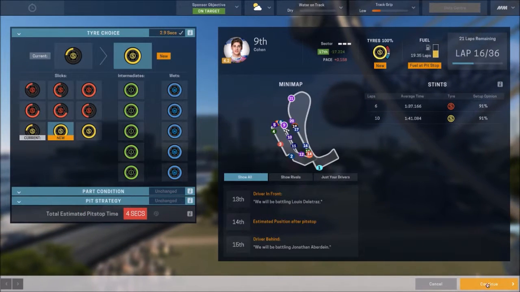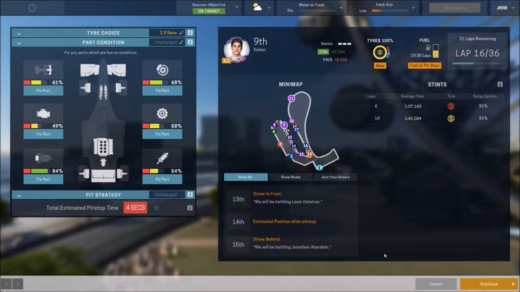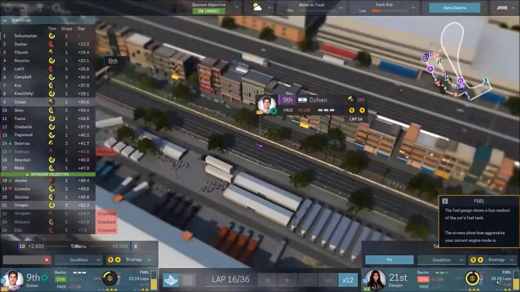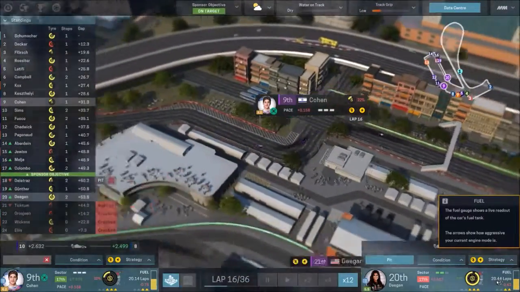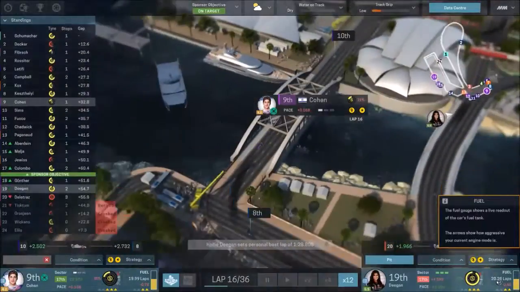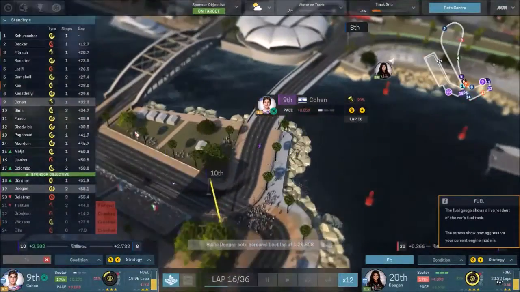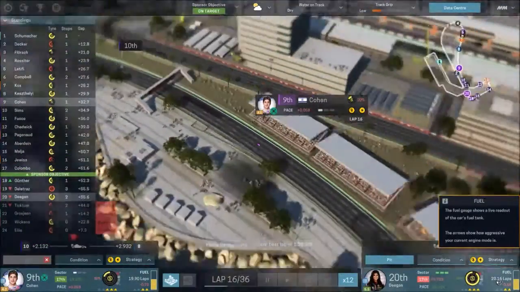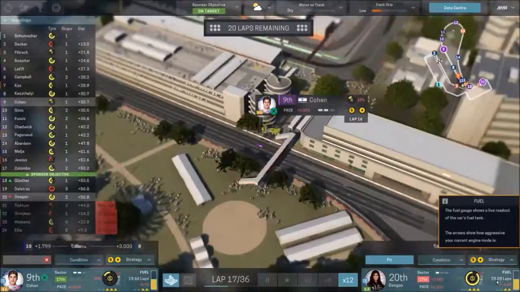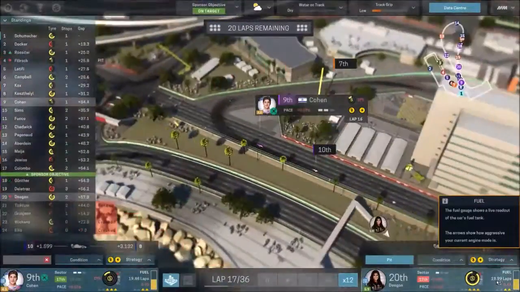We're going to have to go for a set of softs then, aren't we? Set of softs, then come in towards the end of the race again for another set of super softs. Oh, you've gone past the pit stop already. Make another lap on these tyres then, aren't you? Which is not ideal because you're going to start losing time with those pretty worn tyres. Right, Cohen. Oh, you're doing okay time-wise, to be honest, but...